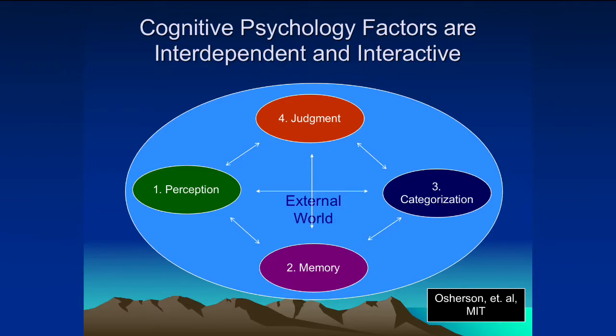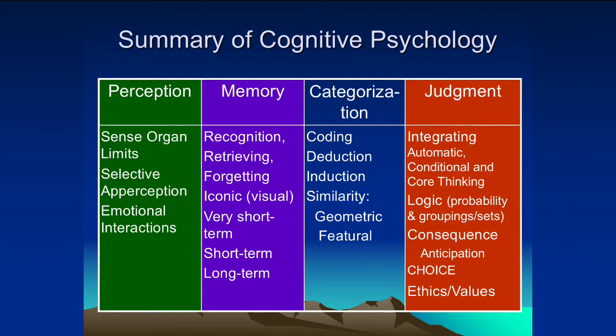That perception interfaces with our memory. Then that interfaces with the category we put it in. We categorize it. We need to be able to identify it with words and associate it with other experiences that we have. And then that allows us to make judgments. So our perception, memory, categorization, and judgment all contain different components.